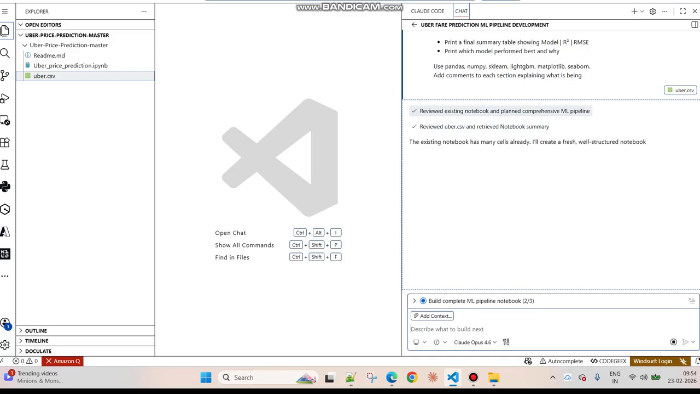So see, it reviewed the existing notebook and planned the comprehensive ML pipeline. The existing notebook has many cells already. So I will create, see if there is any error. The important feature of GitHub Copilot, especially the agent mode, is that it will go beyond certain limits and do it for us. So it's an AI paired programmer. That's why I keep on telling my friends also. It is just converting